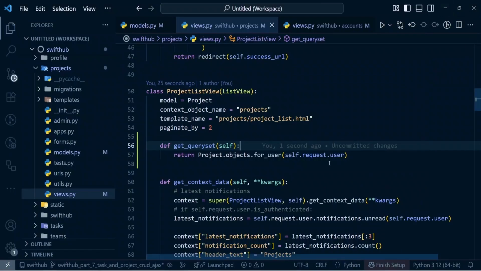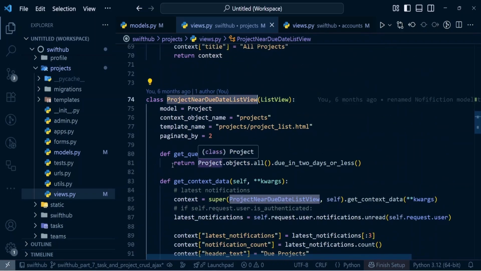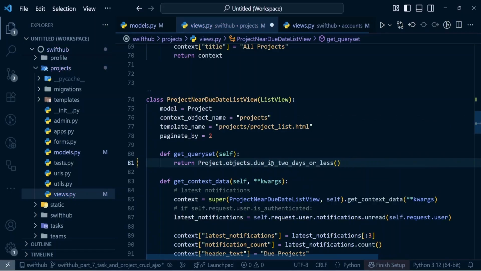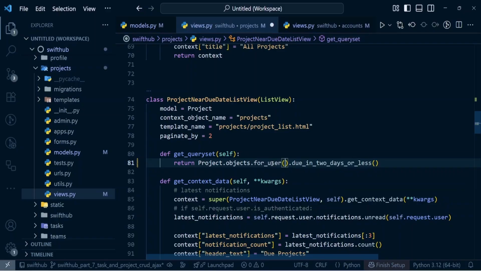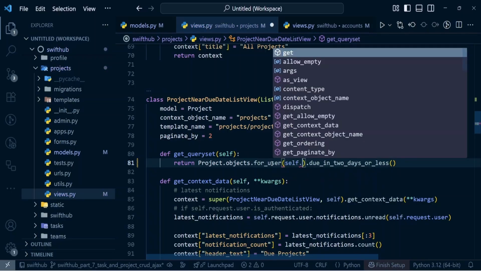And the way we are going to solve it is to copy this particular function, and I'm going to scroll to the project near due date. And already we have actually defined that function, or we have actually overridden that particular function. But instead of doing .or, I'm just going to do .for_user over here. And this user is just going to request get, and this function is going to require self or the logged in user. So self.request